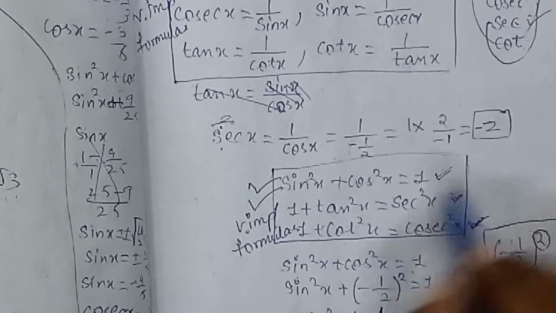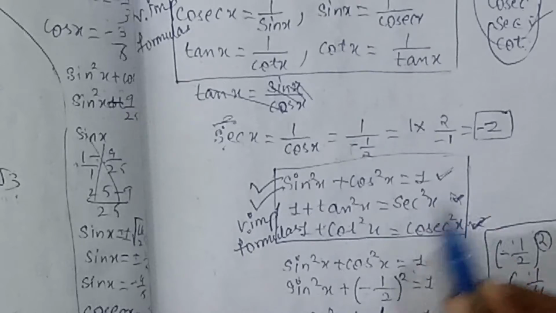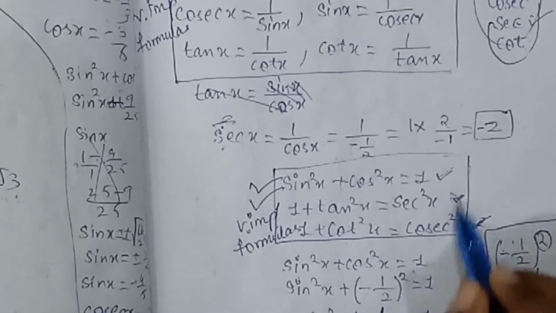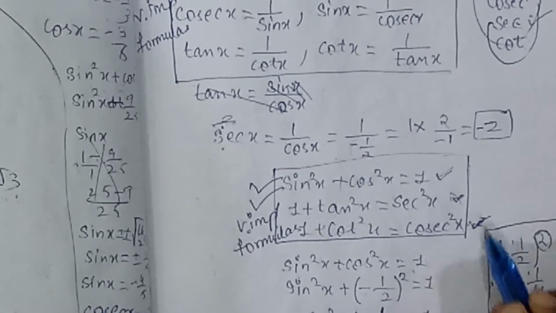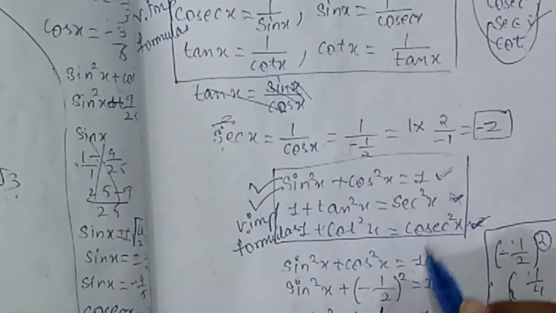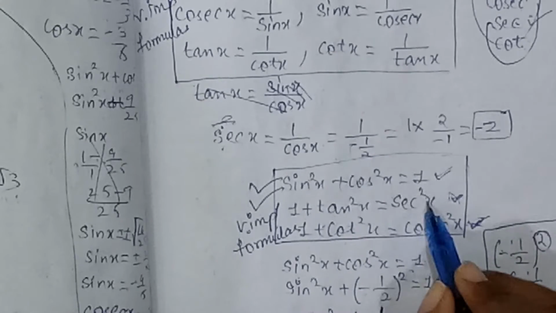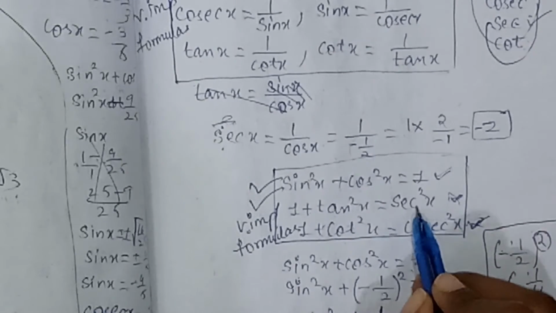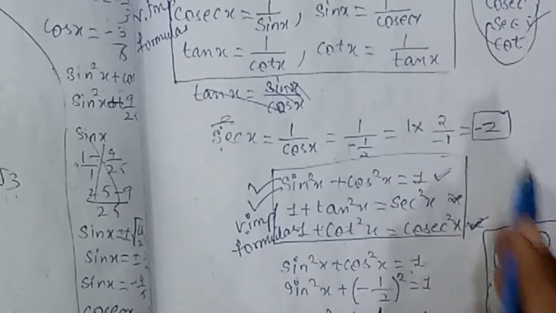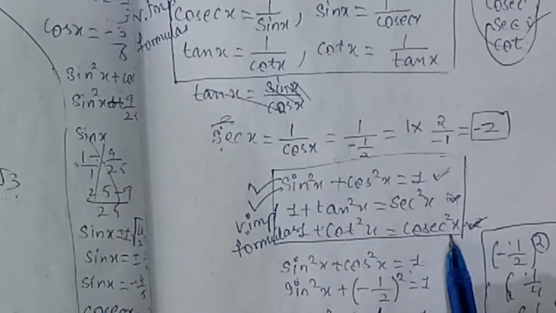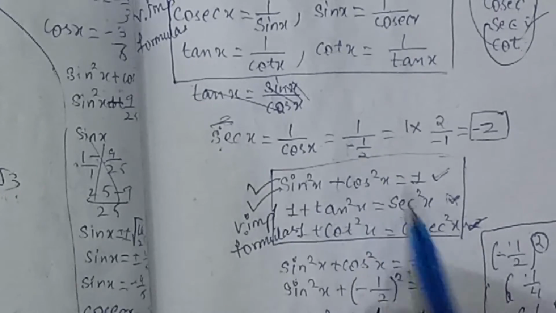In this one, is tan and cot there? No, don't use it. In this one, is tan there? Yes. In this one, is cot there? Yes. You can use any one of the equations. I'm using this one because if we use this, we'll get the value of secant, and you can also find the cos. You can also use the other one, but you will get cosecant and sine.